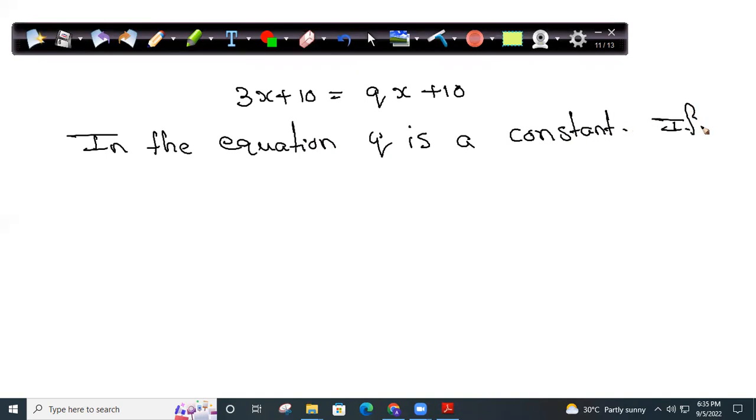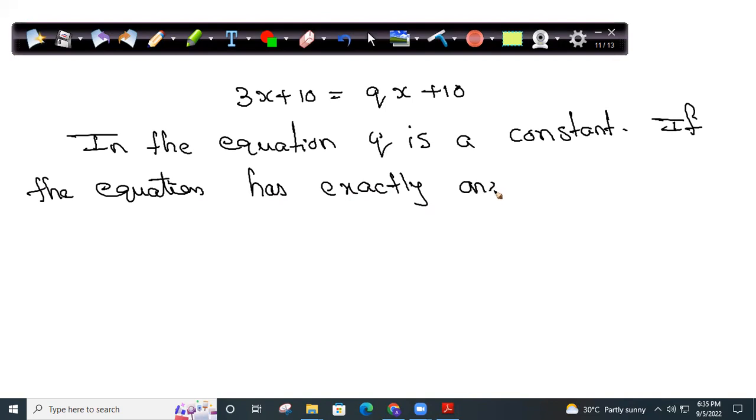If the equation has exactly one solution, first listen to the question carefully, then you can answer. If the equation has exactly one solution,